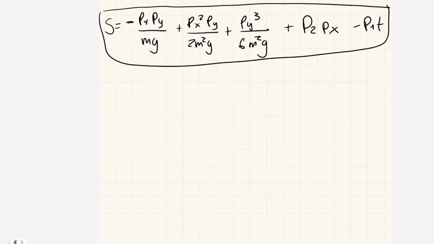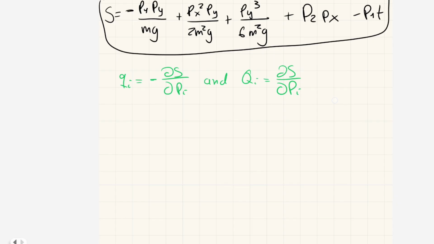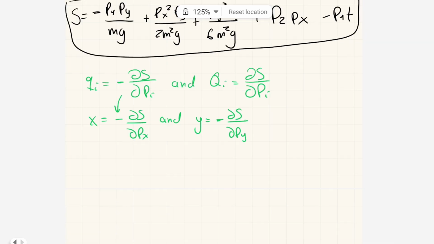If we remember the equations that define the generating function s, we know that qi is equal to negative the partial of s with respect to pi. So from this we can say that x is equal to negative the partial of s with respect to px, and y is equal to negative the partial of s with respect to py. So x is equal to minus the partial of s with respect to px, and that is going to be minus px py divided by m squared g,